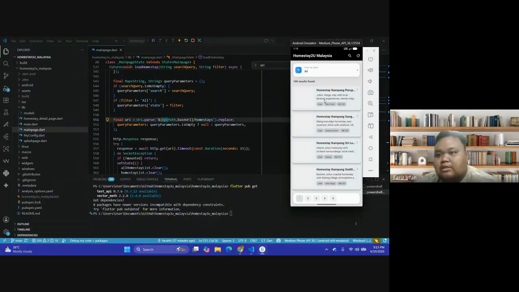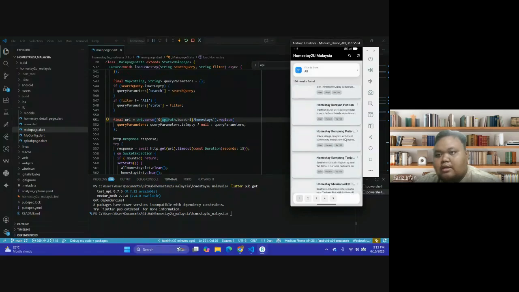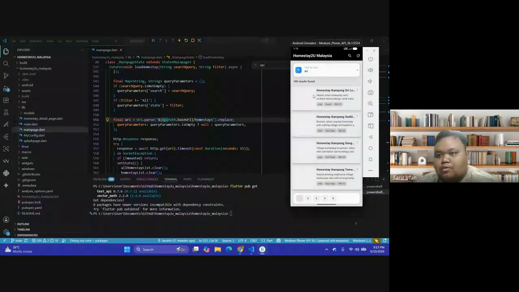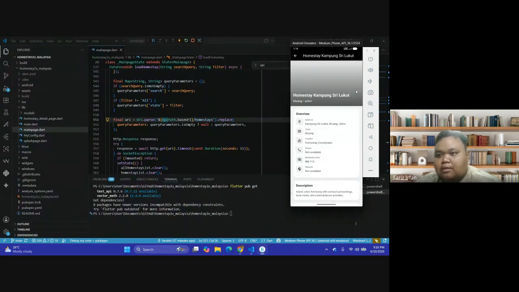So here we can see I put all the data into a list view, and I separate it by card. So we can scroll down here, and if you want to see the detail of the homestay, you can click the arrow button here, and it will open the detail screen.